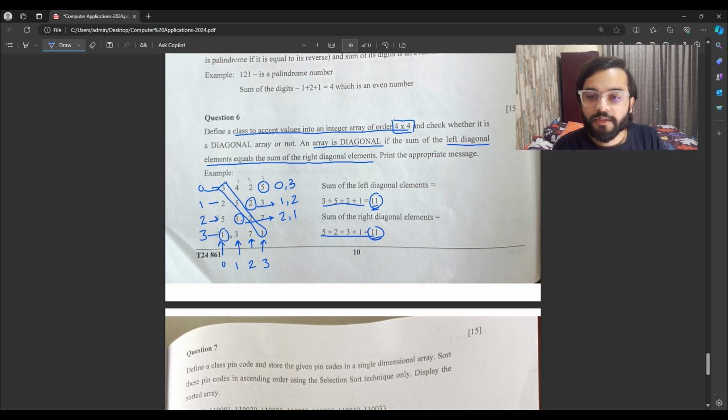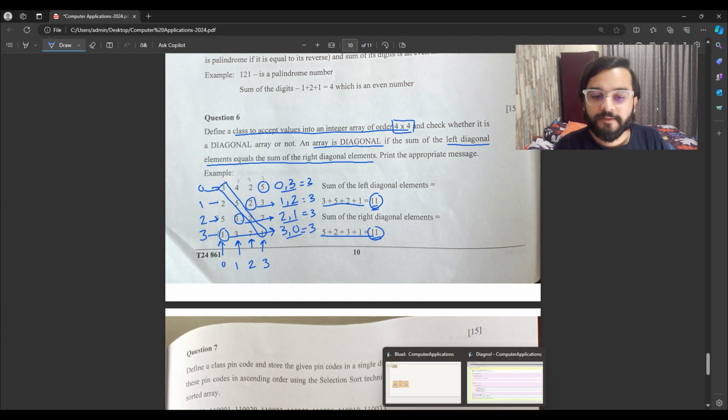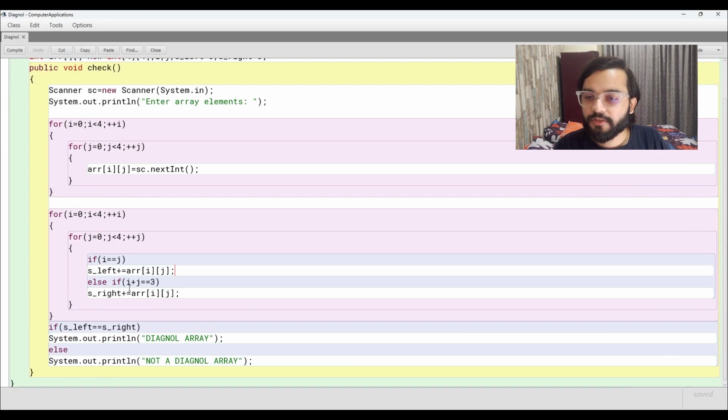For this element, our row value is 3 and column number is 0. So we can see the pattern here that the sum of these two numbers is always equal to 3. So we can use this condition to find the sum of the right diagonal elements. I have taken the condition that if i plus j is equal to 3, then we add those elements.